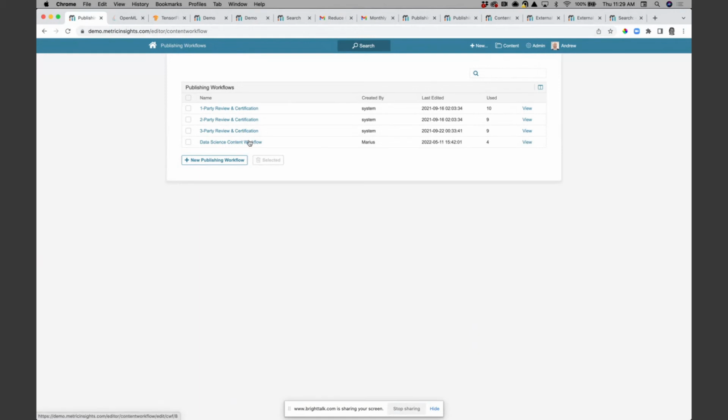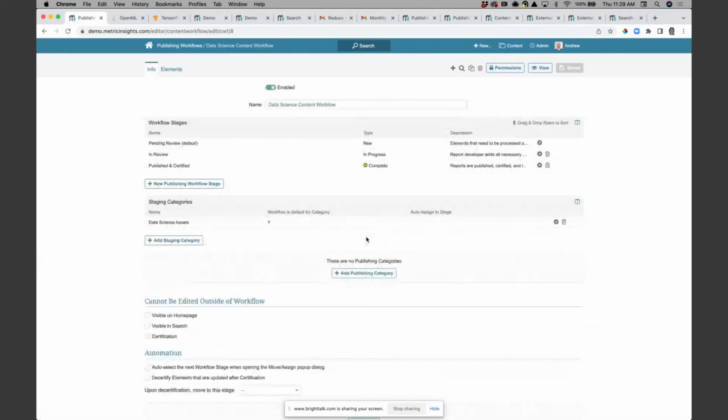you want to be able to push that through a workflow whereby people are checking the assets, they're checking the models, they're testing that they're correct, they're adding the necessary metadata and context to them before certifying and publishing them into the portal. And so within Metric Insights, you can set up these workflows that have one or more stages.